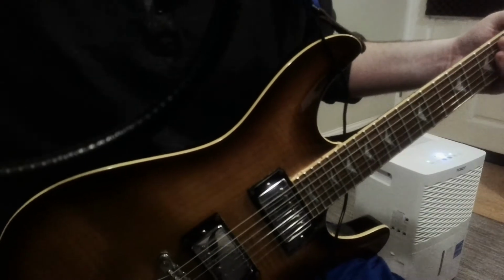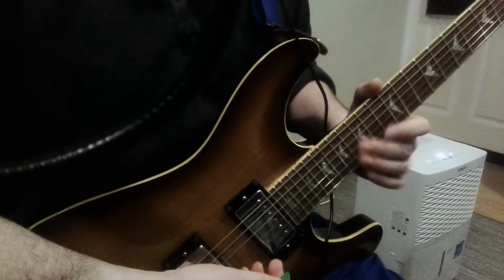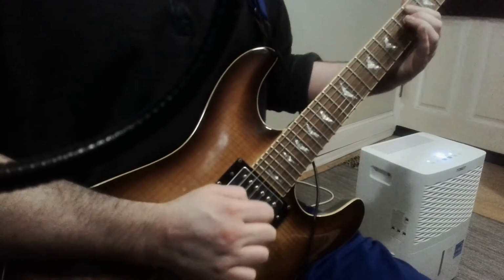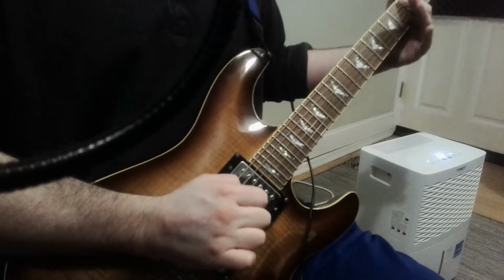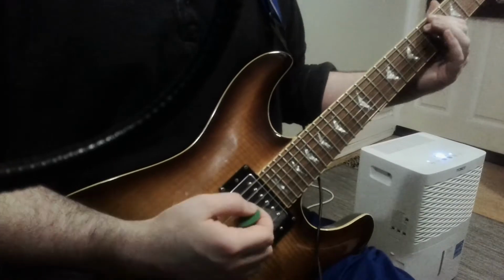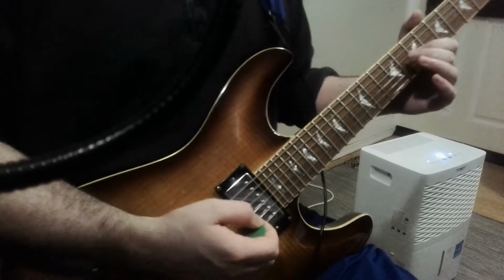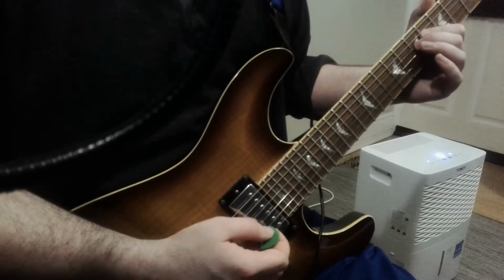First part of the solo opens up with a sort of theme-like melody. Starts right here. Fifth fret A string, 7, 8. Skip a string to the G string, we have 7th fret. Then 5th fret. Then D string, we go 7,